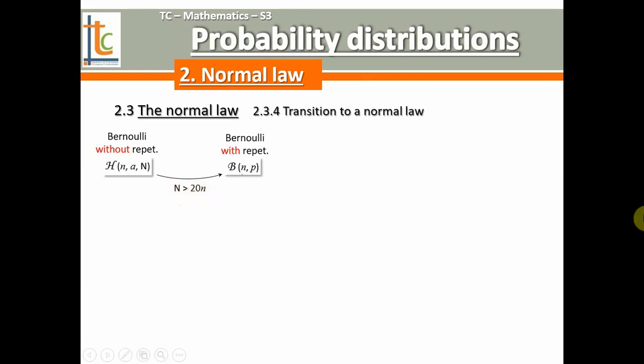We saw that we could use a Poisson distribution if three conditions were met. So n is more than 30, p is less than 0.1, and np is less than 10. So you can use a Poisson distribution with a parameter that equals n times p, that we already know from the binomial distribution. That was the expectation of the binomial distribution. So the parameter of a Poisson distribution is its expectation. So now